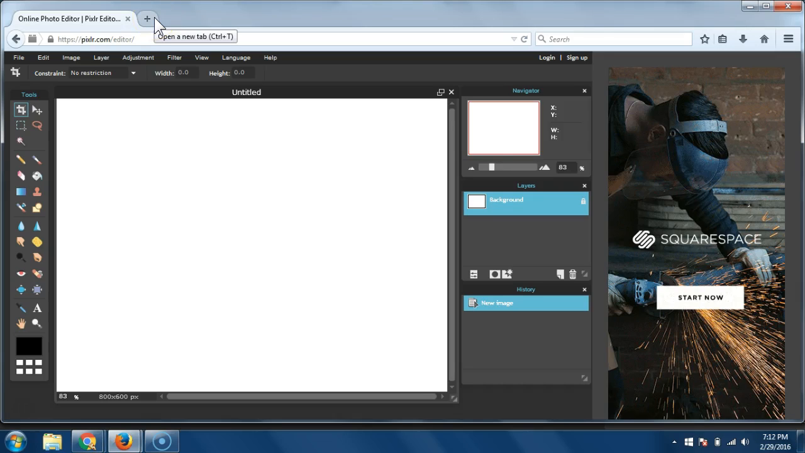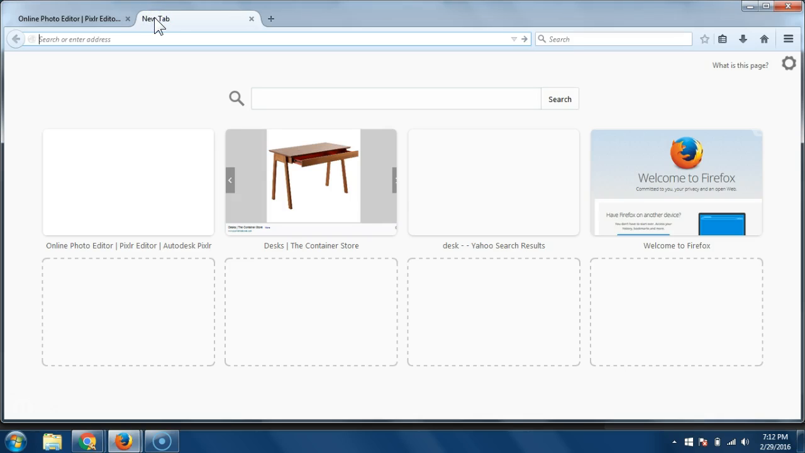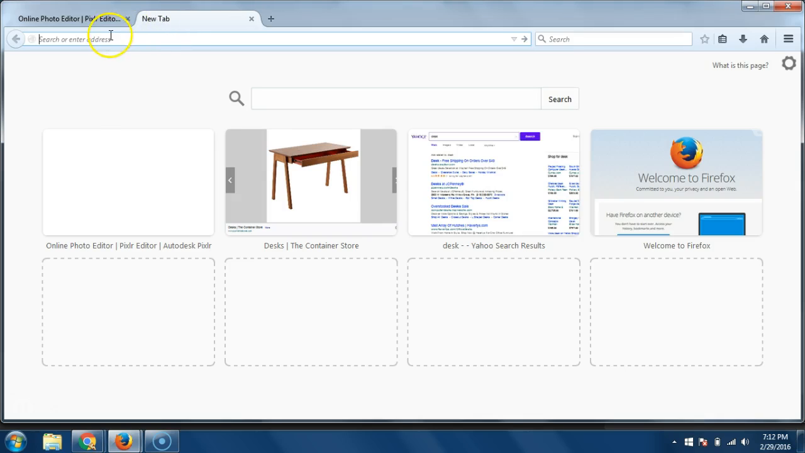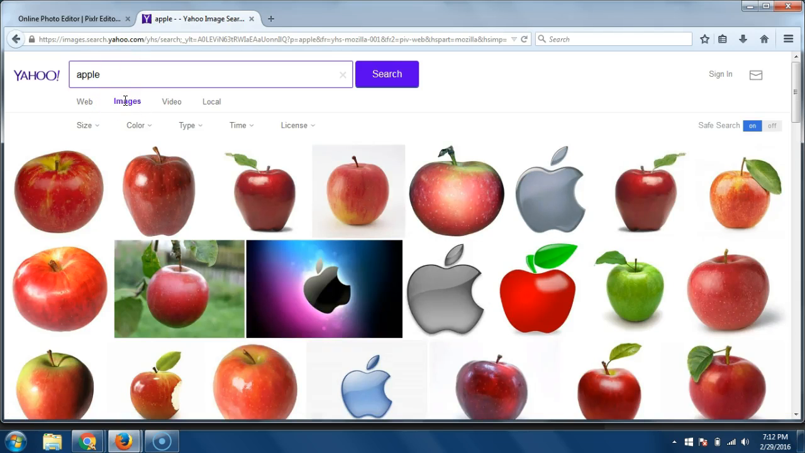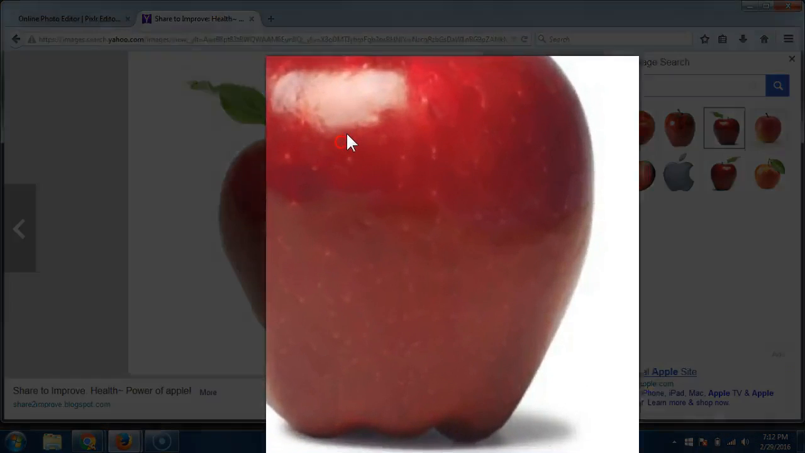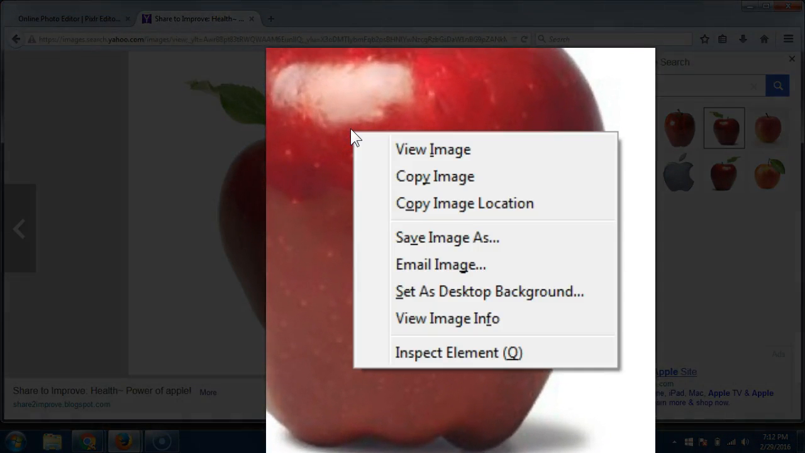Follow along with the video, pause and play it, watch me do whatever I do first, and then you try it. So I'm going to open up a new tab and search for apple, and then go to images, and whichever apple you want to use is fine. Right click on the apple image and copy image location,